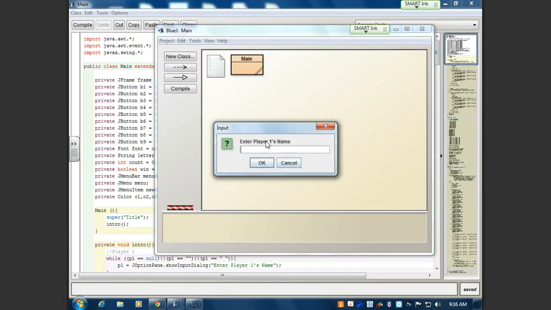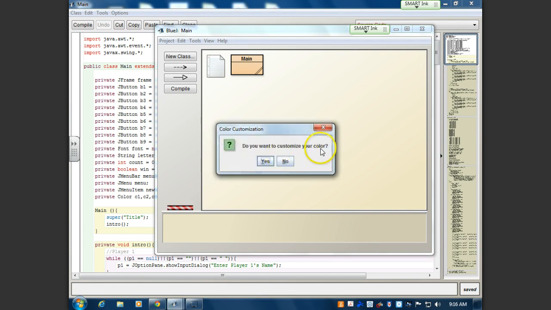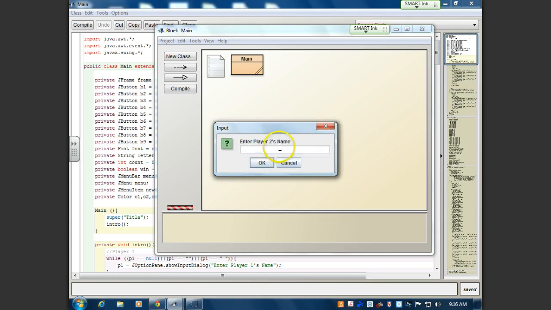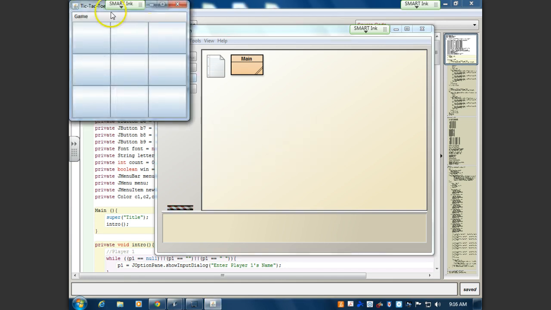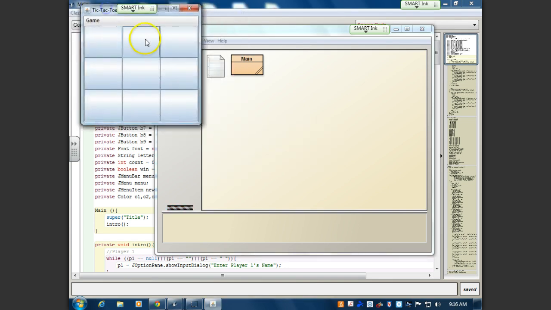So I'll enter my name, and it gives you the option to customize my color. So for right now, we're just going to say no. D-Wizzy would be nice. D-Wizzy. There you go. Okay, he's going to skip that. So if you don't press any of the colors, it actually will default to this nice,